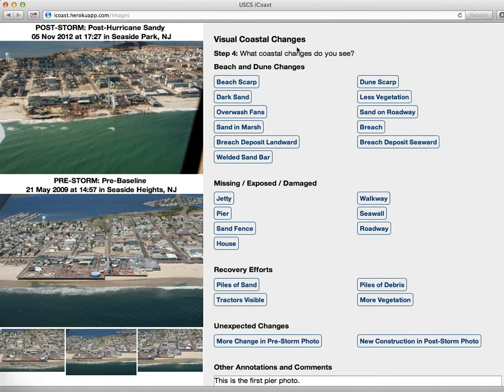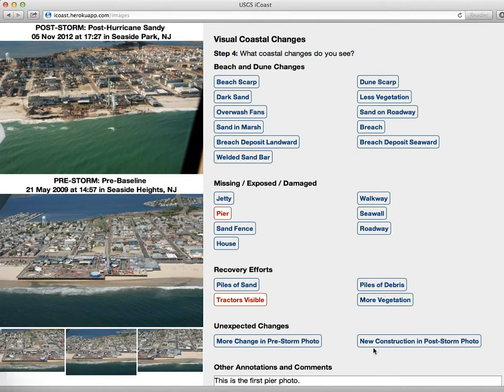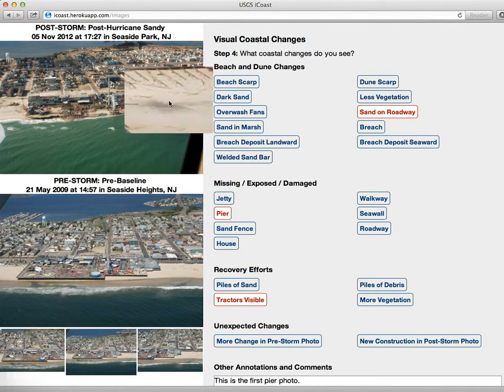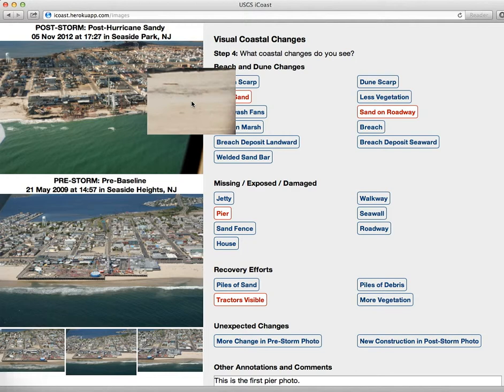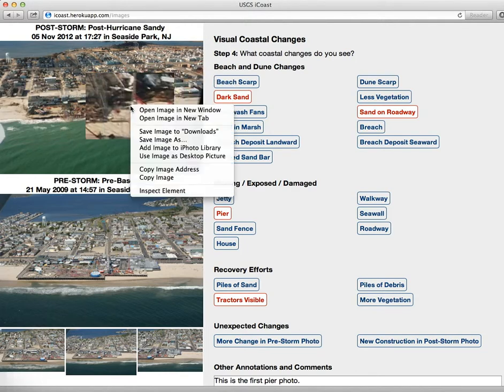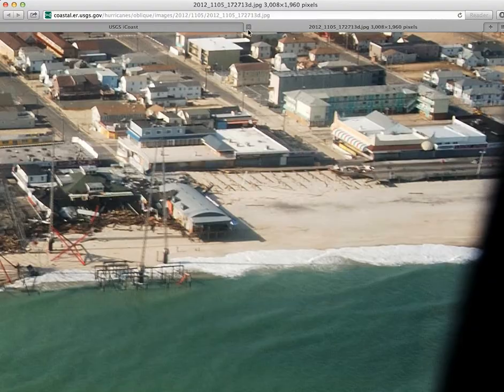So the next question and the last real task is to indicate what actual coastal changes you see. One of the obvious things is that there's a damaged pier. There's also tractors over here, so I'm going to say tractors are visible. You can see a little bit of sand might have been on the road there, so I'm going to put sand on roadway. And there looks to be some dark sand here. I'll press that as well. In terms of beach scarps, I can't really tell up close. I could open this up into a new tab and see if maybe over here are those scarps. Scarps might be very hard to determine here,